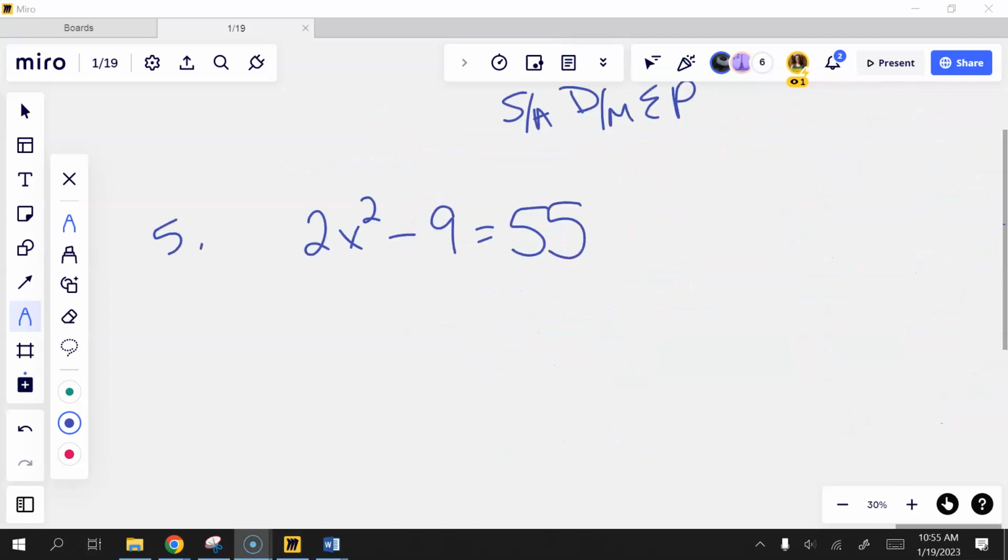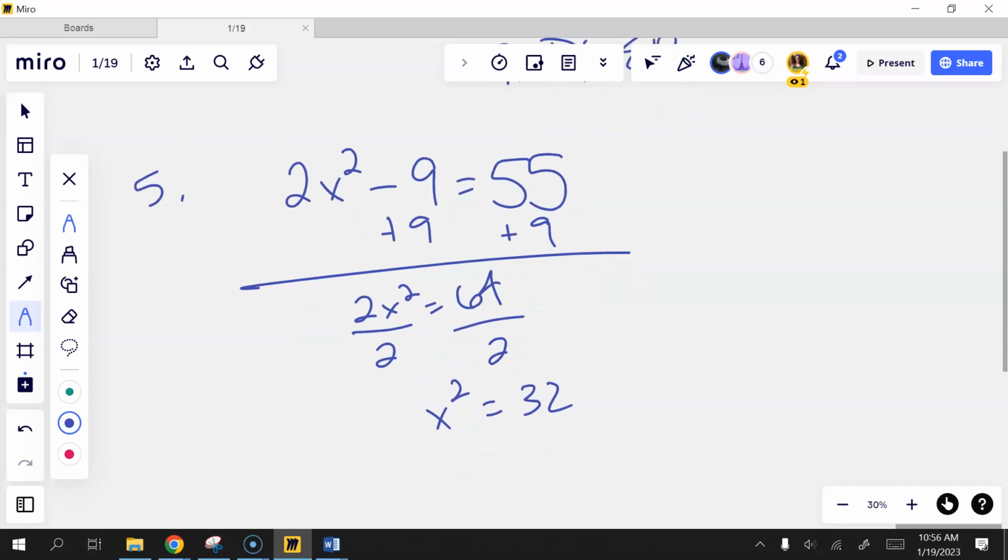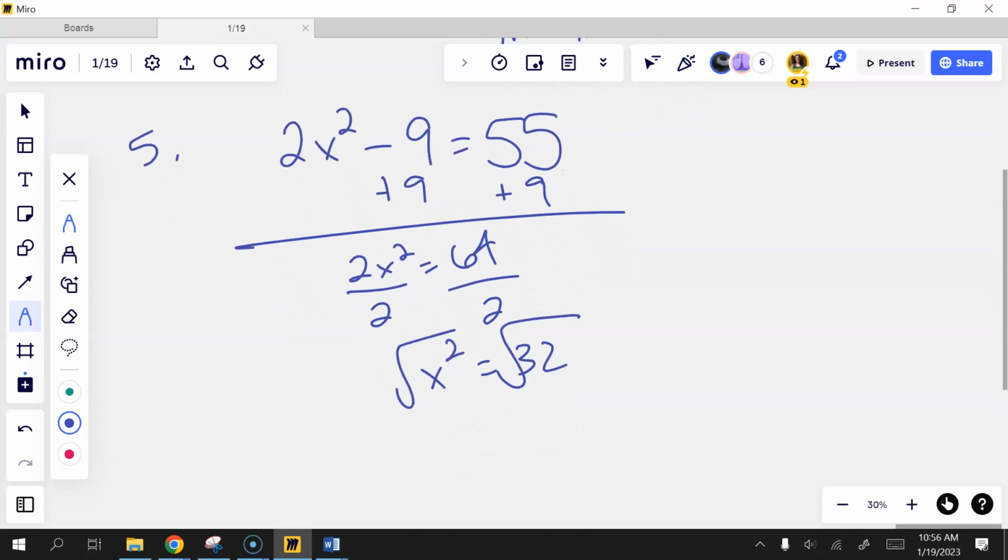First, add 9. 2x squared equals 64. What do you do now? There you go. x squared equals 32. Square root them. I can't stop here because I can still divide by a perfect square. What's the perfect square that I can divide by? 16. 16 and what? 2. So I get 16 and 2, which is